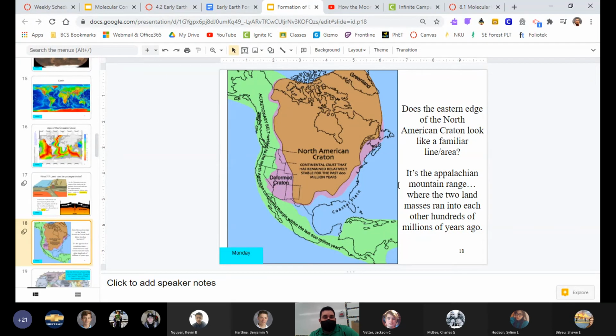And then there is a question here about this edge right here. That is where the Appalachian Mountains are. They are mountains because that's where the edge of the continental plate used to be, and it used to make a mountain. Now these rocks are all pretty old, and so the Appalachian Mountains are actually getting a lot smaller today, mainly due to erosion from wind and water. Two land masses ended up hitting there and creating the Appalachian Mountains. Scientists think the Appalachian Mountains used to be the tallest in the world.